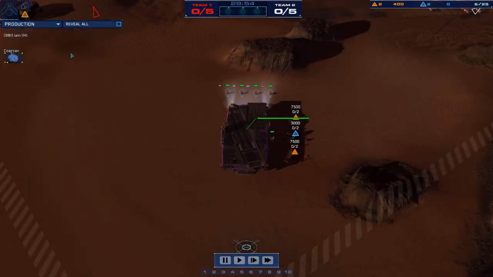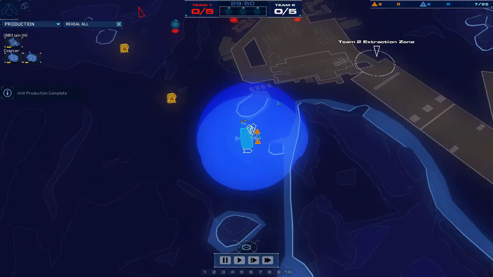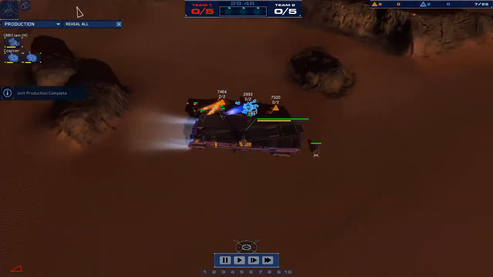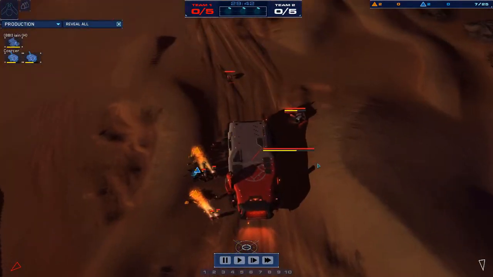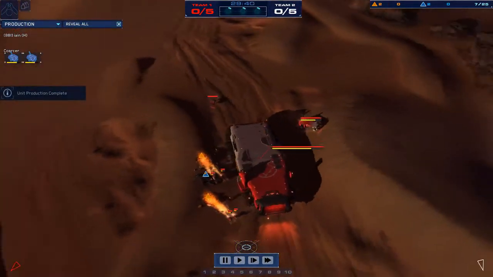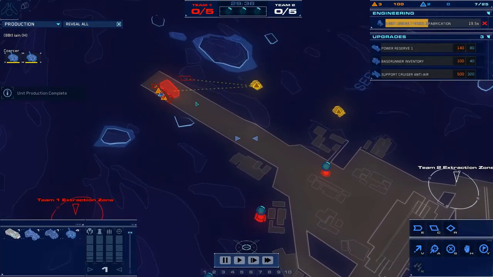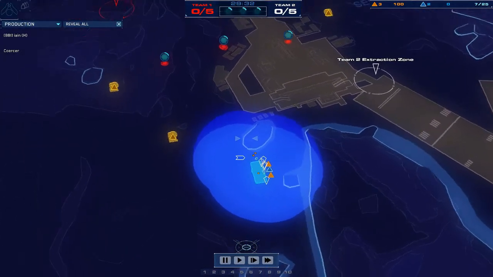Now let's just look at the production, reveal all. So we'll be watching this from Iain's point of view. He has spawned in as the Coalition here in the south, and I am up in the north as the Galcian. Now, once again, I'm producing salvagers from both my carrier and my production cruiser to get my mining up